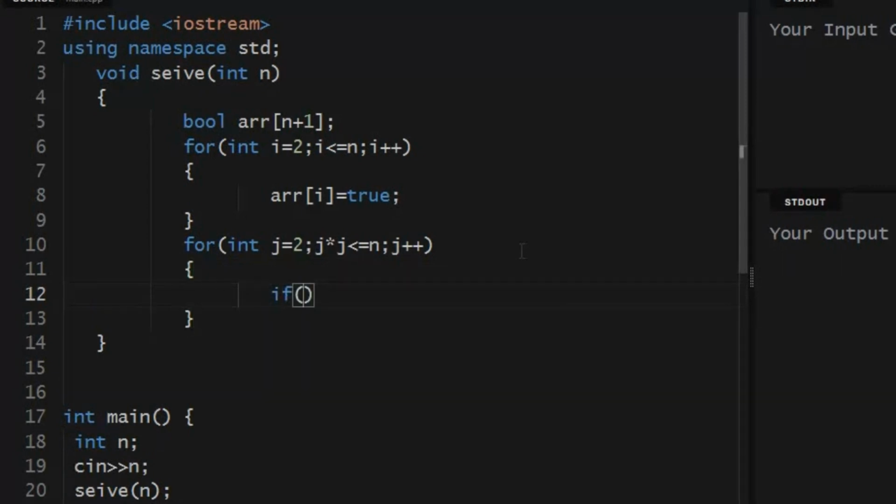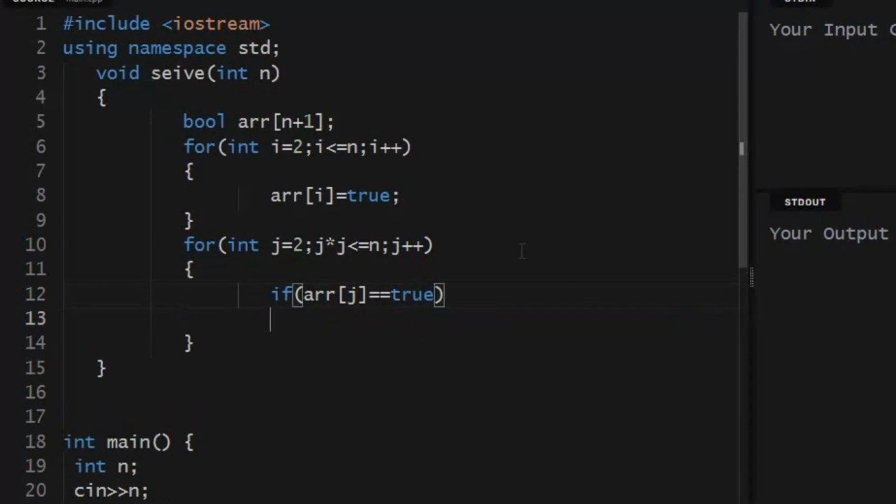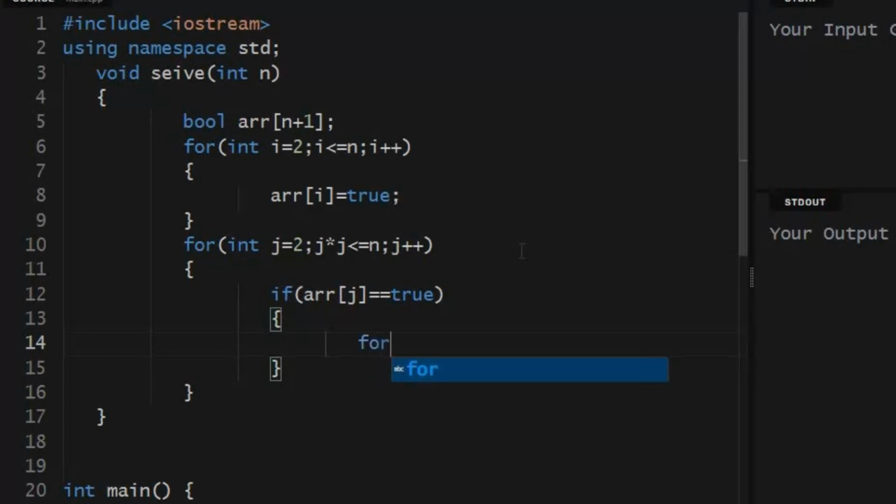If array of j is equal to true, that means it is a prime number. Now we cross out all multiples of the prime number, making them false. So we start a for loop and take int k that starts from j into j. Why start from j into j?